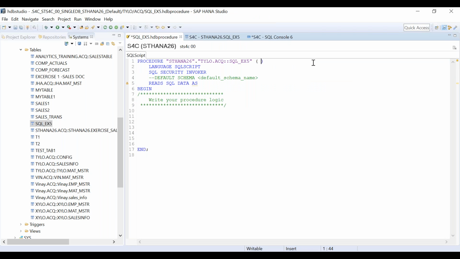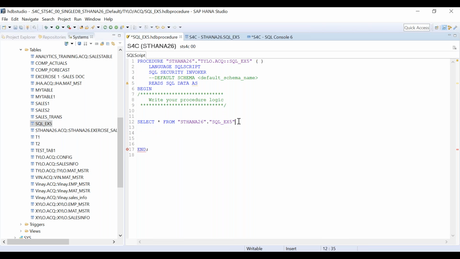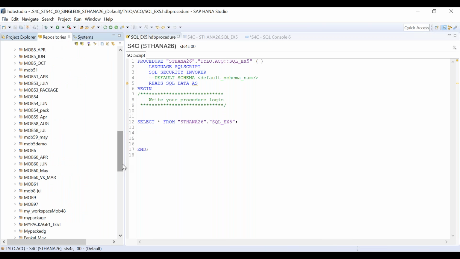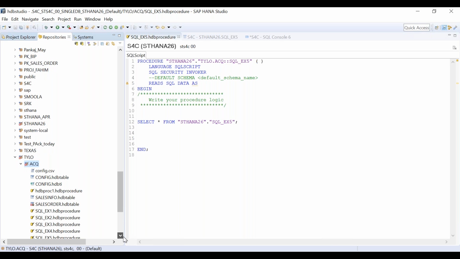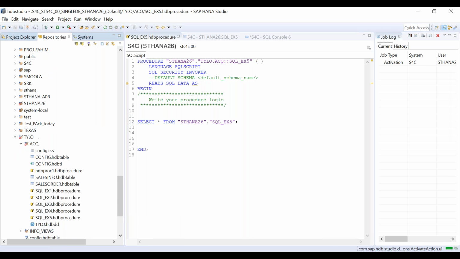Let's not even give any input parameter. Simply write select star from this table. Save, and go to your repository to activate this. Simple and activate. Very simple example.